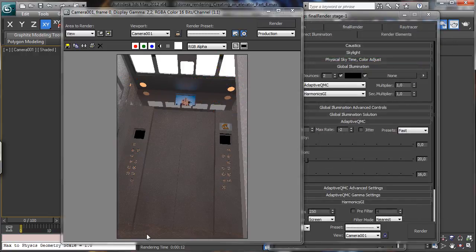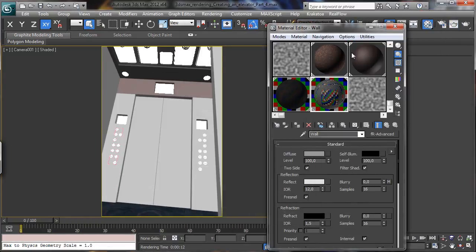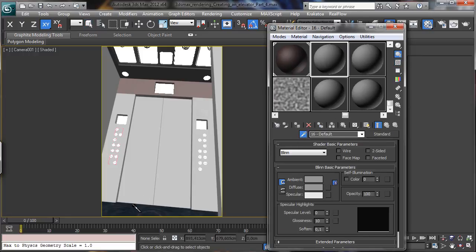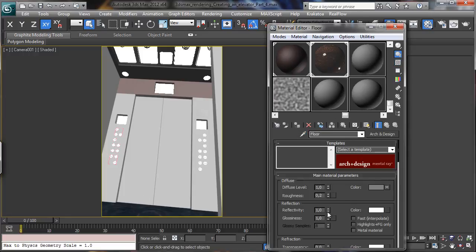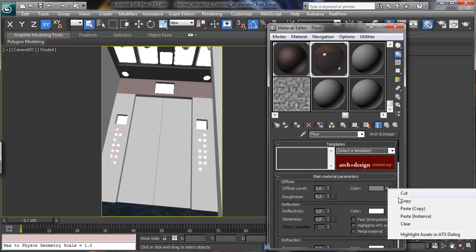We have to check this shader there and also this shader there. Okay, so we need this one, and this one. So let's close, close, and close. And let's go there, an empty slot, and we need this one. It's an Arc and Design with a high reflectivity, with brightness. Okay, we need this one, copy,